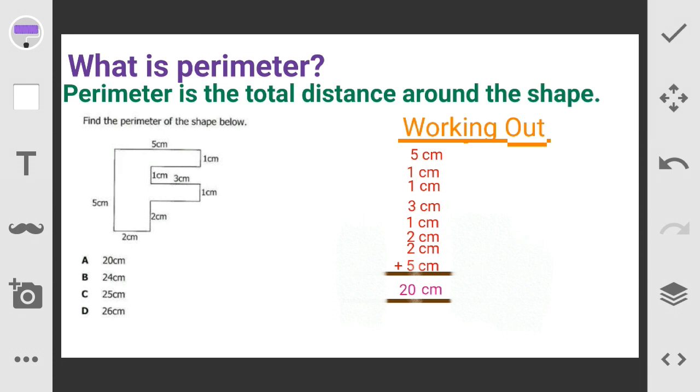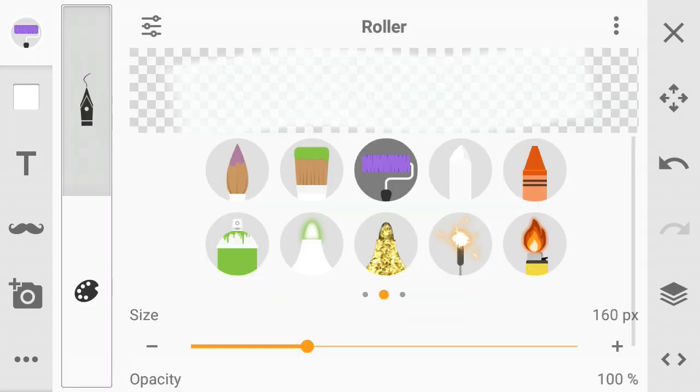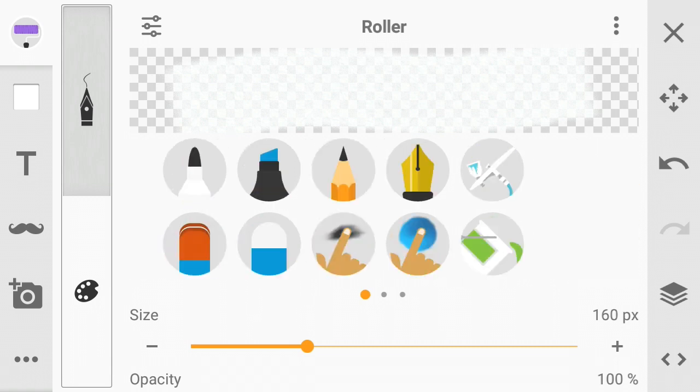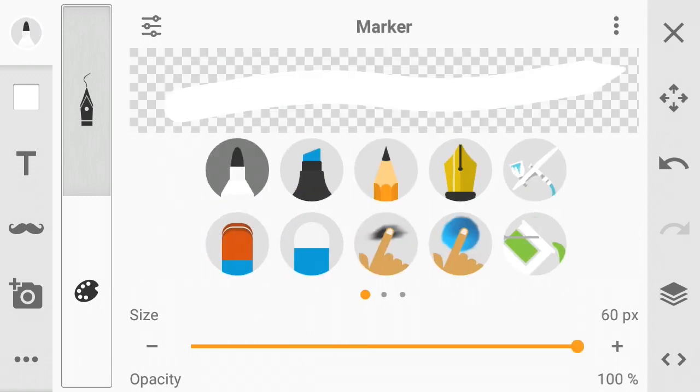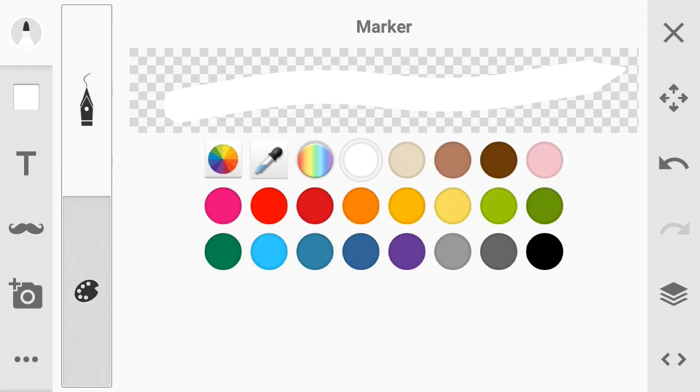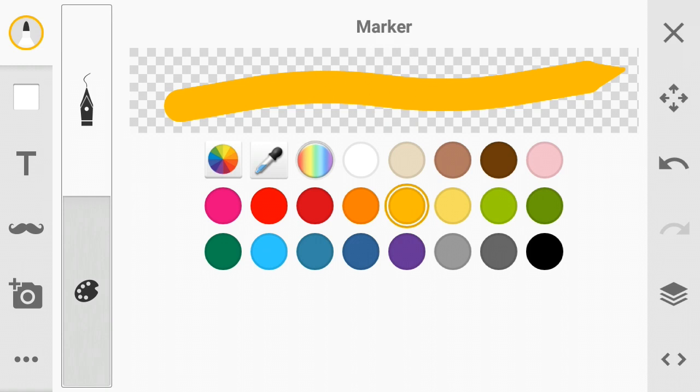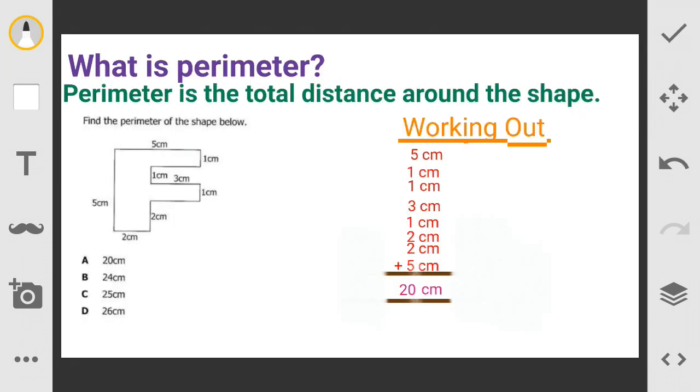So the correct answer here is, let me pick the marker. Good. So the correct answer here is A. So A is the correct answer. So this is how you find the perimeter of